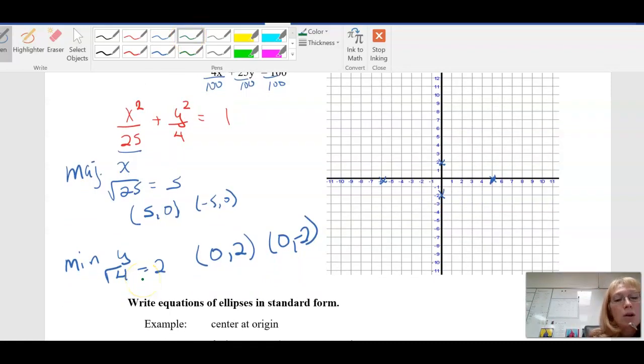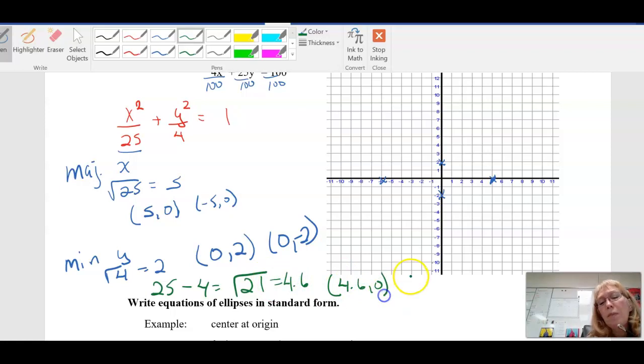The foci is the larger, 25, minus the 4, which is 21. So the square root of 21, and the square root of 21 is going to be on the x-axis, because the x is the larger of the two. So this is roughly 4.6. So we're going to go 4.6, comma 0, and negative 4.6, comma 0. X-axis, because it was r. So this is c, and it's going to be on the x because that is our major axis. So 4.6,